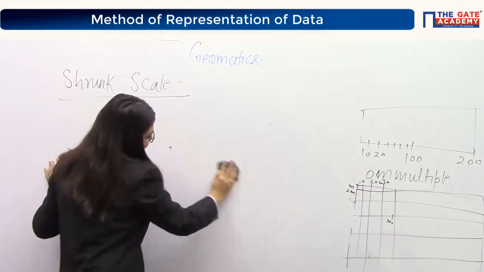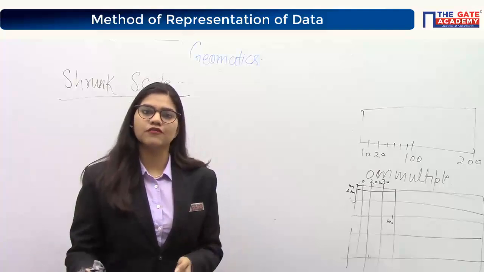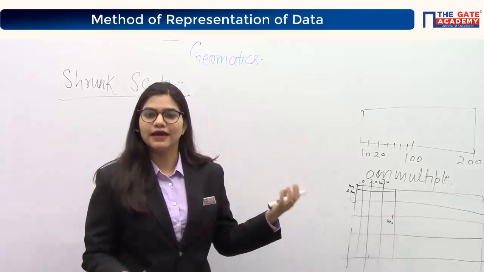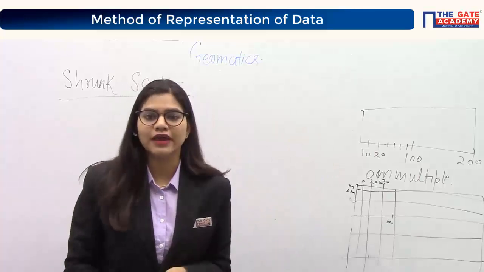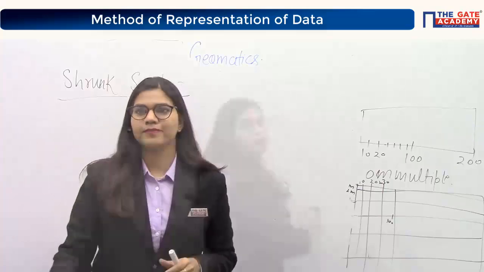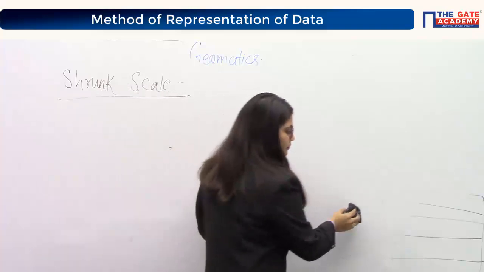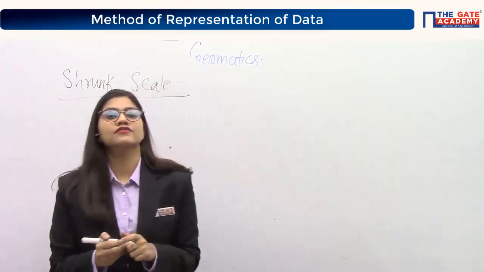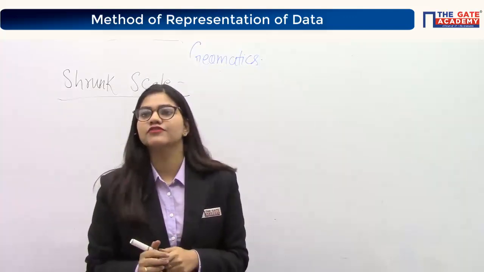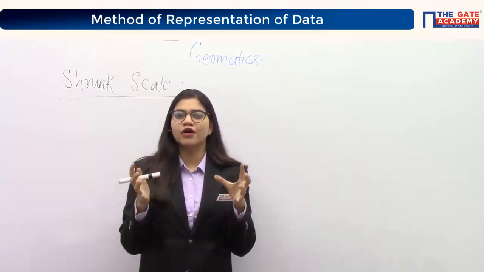Let's take a practical example. If you see a notebook from your previous year classes, like 12th or 10th, you find that the page got a little bit shrunk, right? Why did this shrinkage of paper happen? Loss of moisture? Yes, because of the humidity, the moisture or the temperature difference, your paper got shrunk.